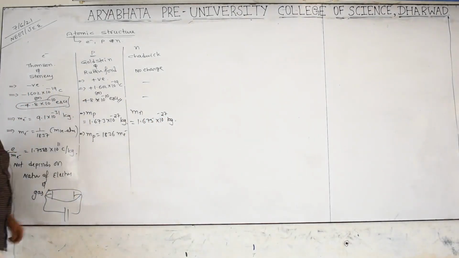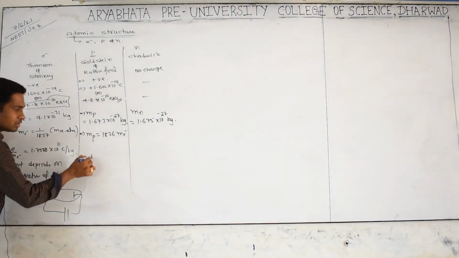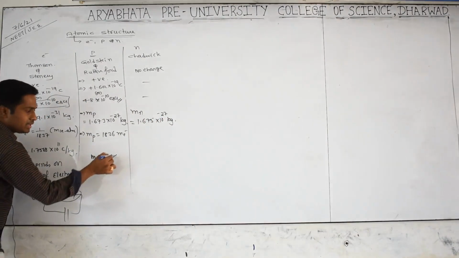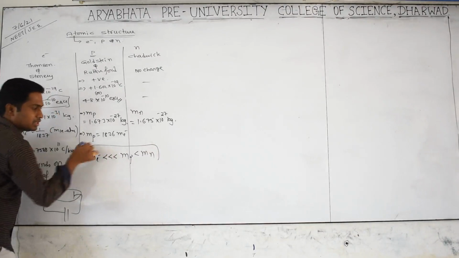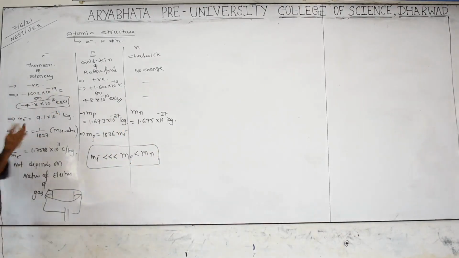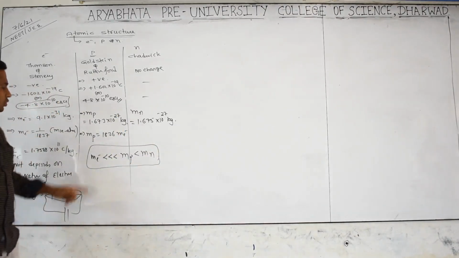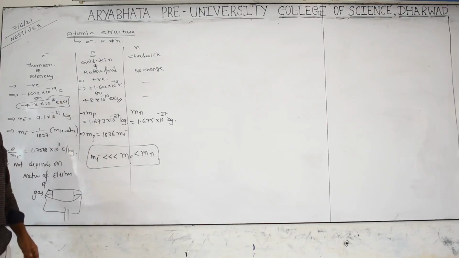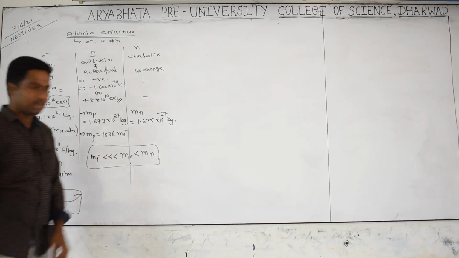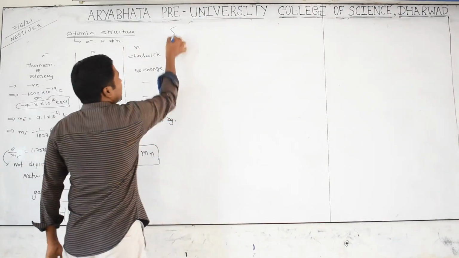I want to tell you the relation between these three values. The mass of the electron is very much lesser than the mass of the proton and the mass of the neutron. This relation is helpful while solving some competitive bits. So while solving problems, the mass of the electron is almost neglected compared with the proton and neutron. The highest will be the neutron. Are you clear? Yes. We are going to some other things.